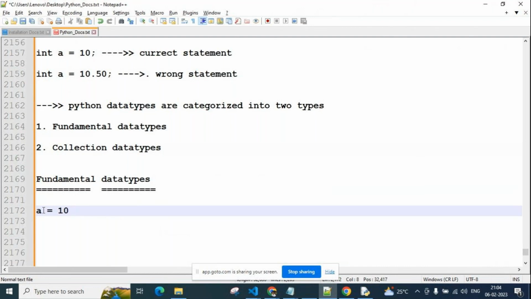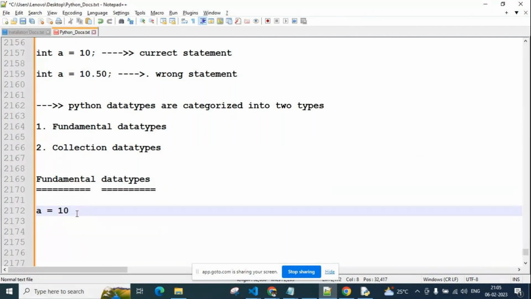So in any variable, if we are able to store only one value, then that variable comes under fundamental data type. Simply, fundamental data types means we can store only one value at a time in one variable.